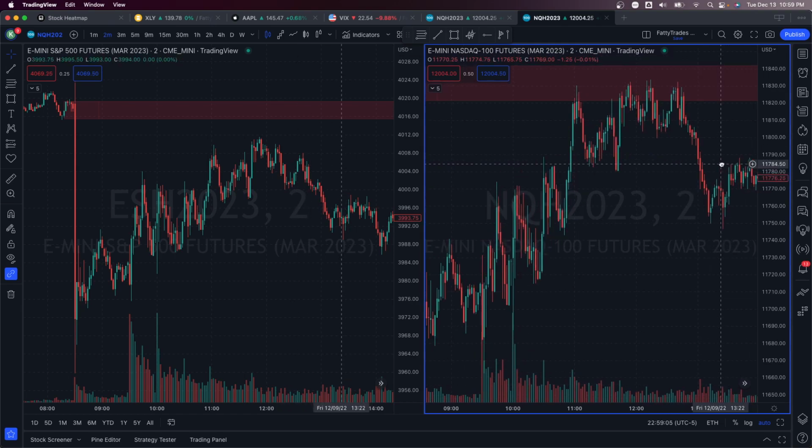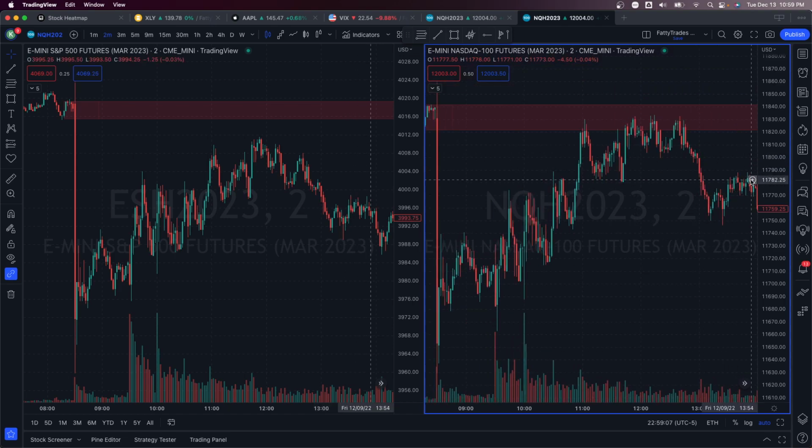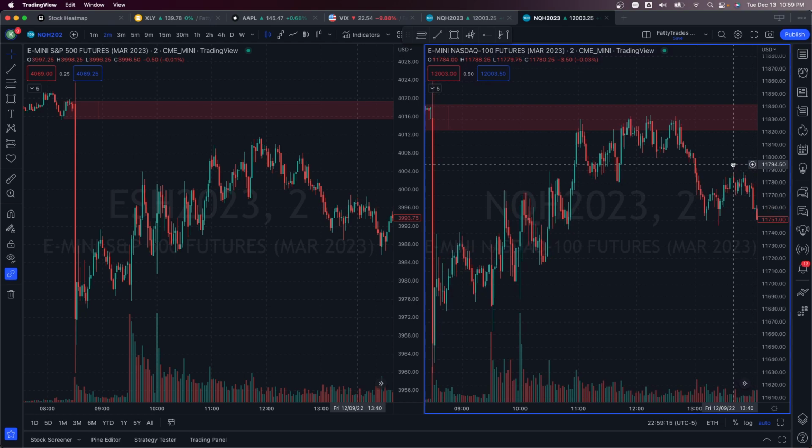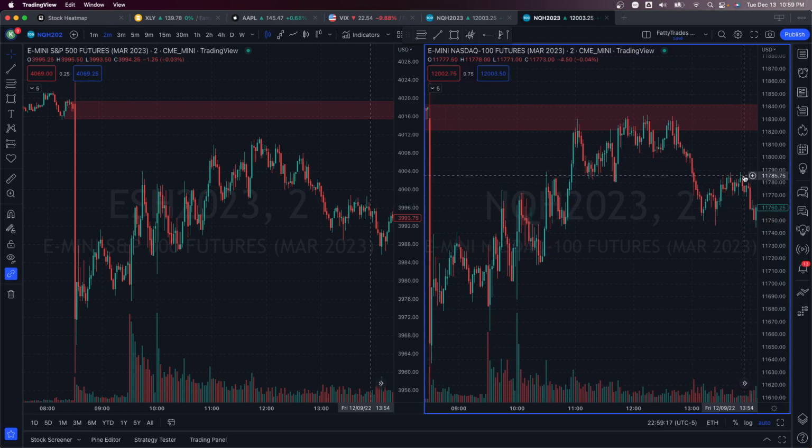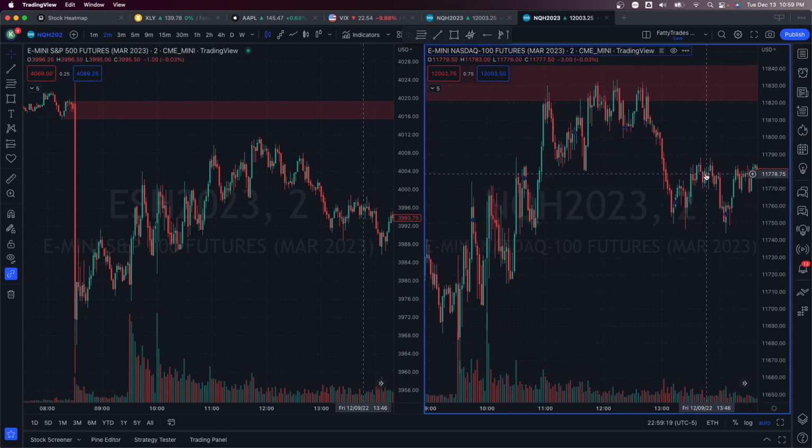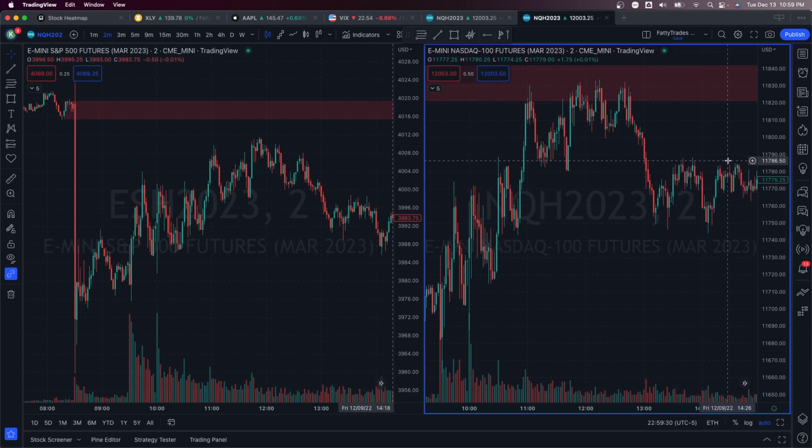So we actually get that. When we get this consolidation here, this is where I set my limit orders within these wicks and candle bodies around 11,780. And we're able to get filled, and it makes it look like, if you were chasing this and weren't doing limit orders, you're going to get a leg lower, and you don't. We come back up, we continue to consolidate,